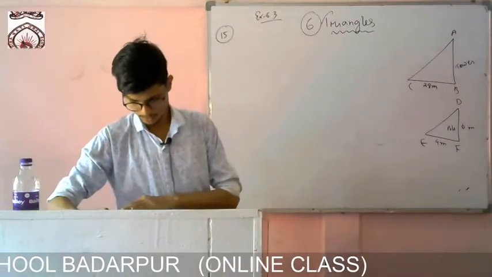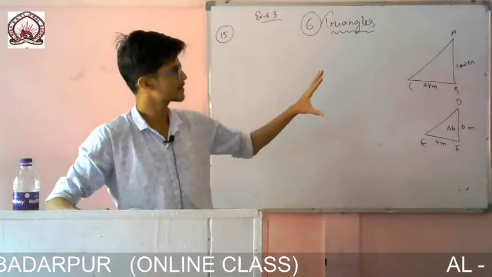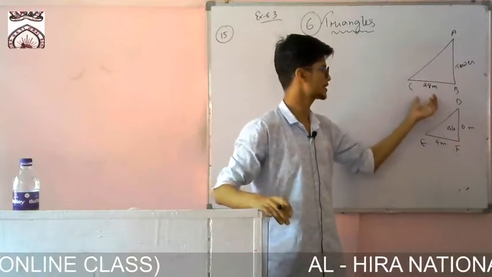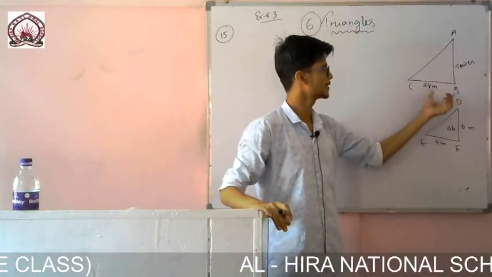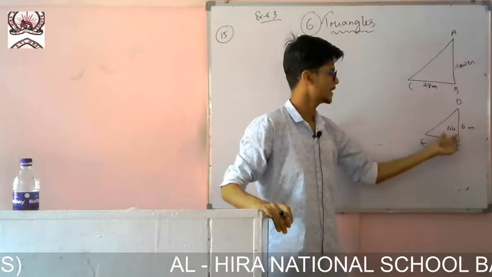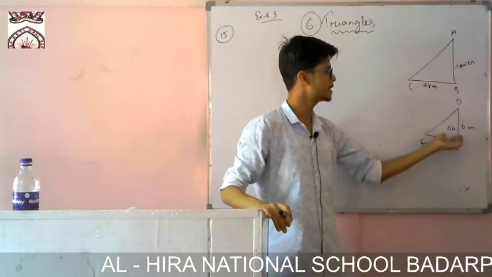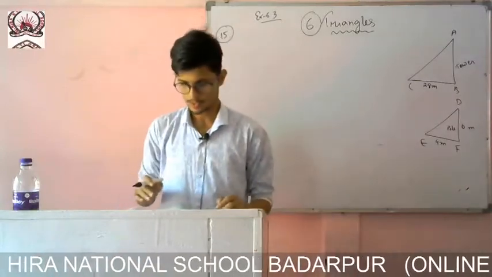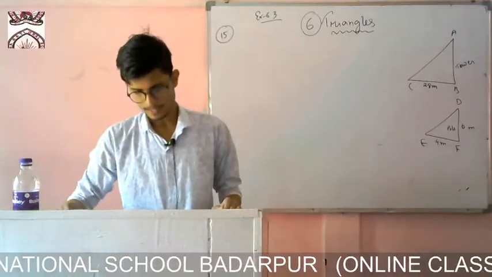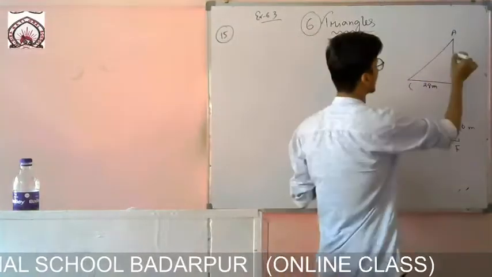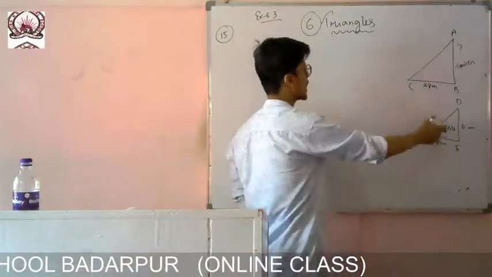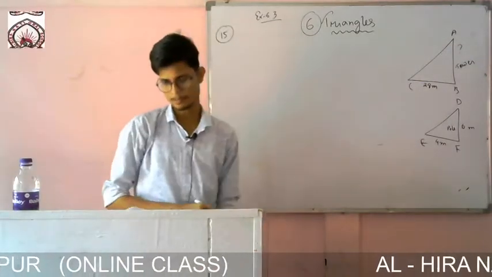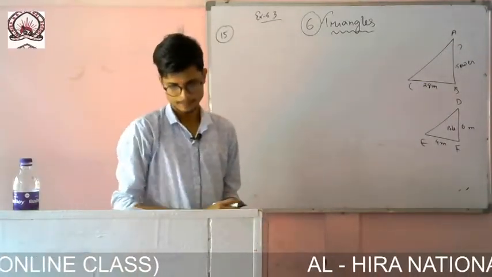So look at the question carefully. What is given? A tower is there, and the shadow of it is cast there. So BC is the shadow, which is 28 meter. And at the same time a pole is there which is 6 meter long and casts a shadow of 4 meter. The question is to find the height of the tower. If somehow I can relate that these two triangles are similar, then I can use the property and find it.